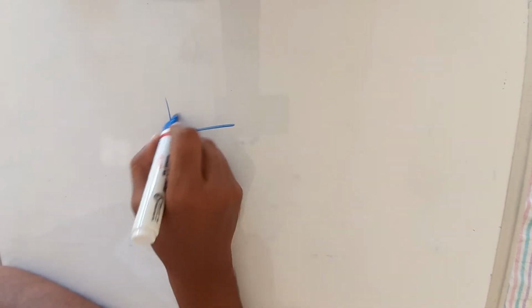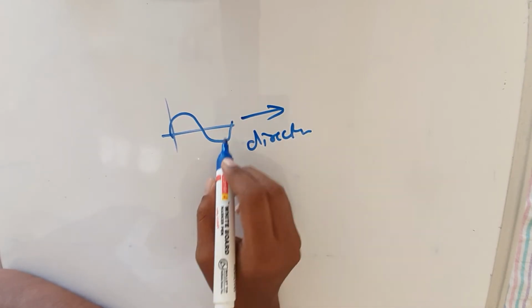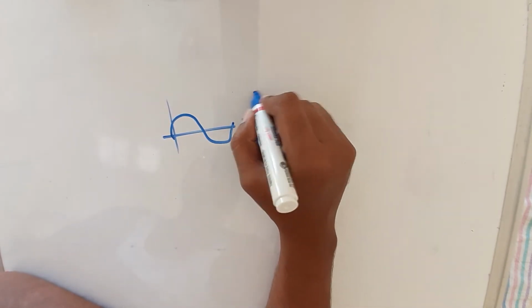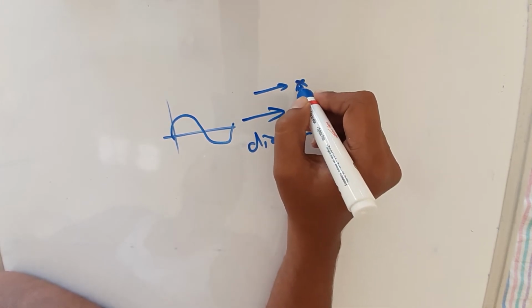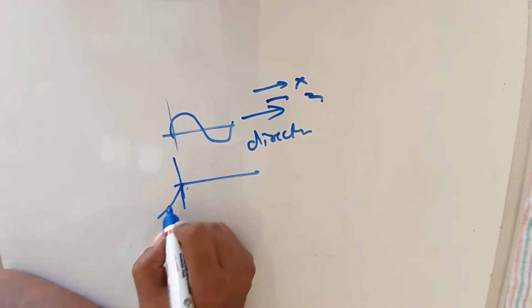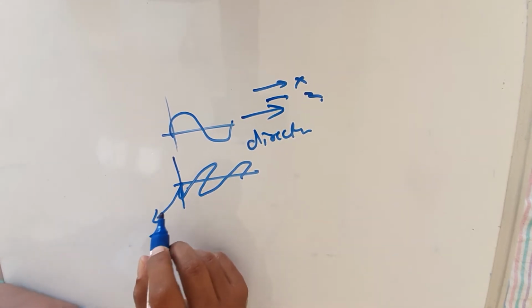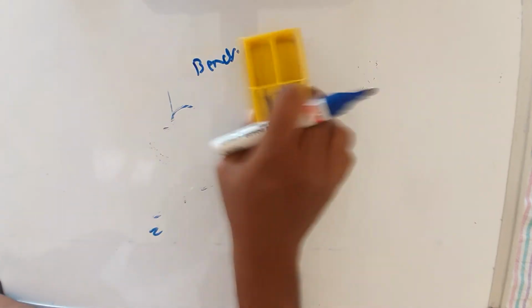What is the use of bends? Bends are used where a change in direction of propagation of energy in waveguides is required. Assume this is an energy signal, and we have to change its direction of propagation. For example, this wave travels in the x direction and we have to change it to the z direction, so it will come like this. For that we have to use the bends. There are two types of bends.